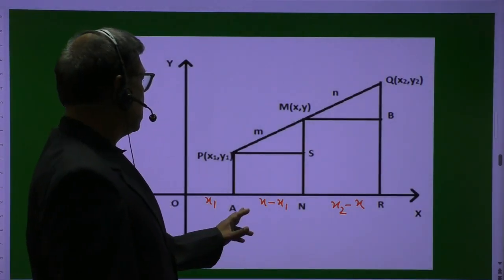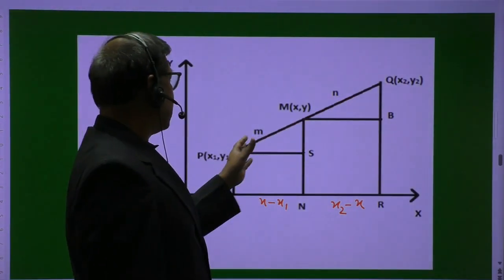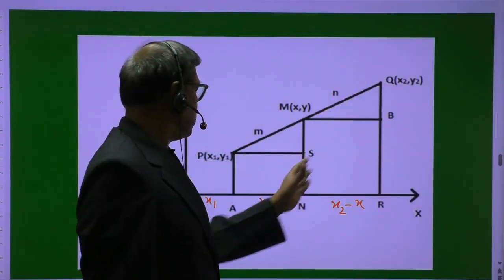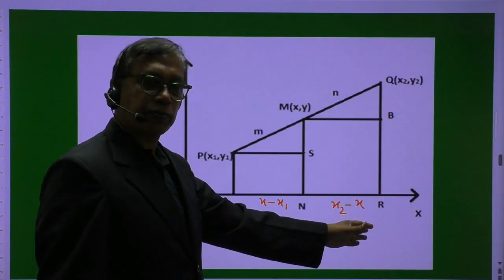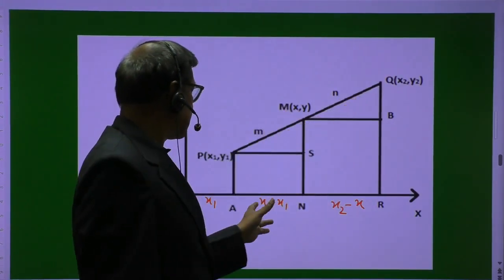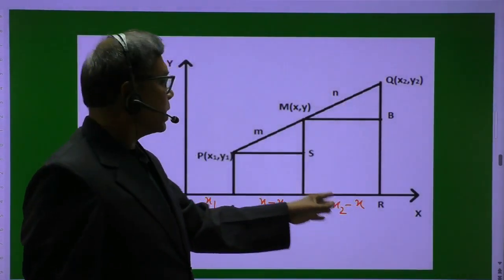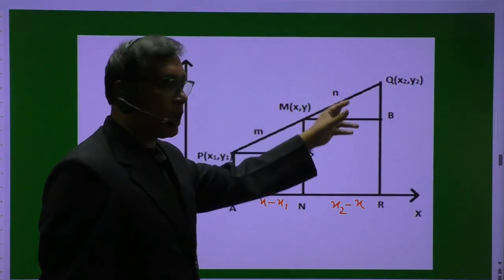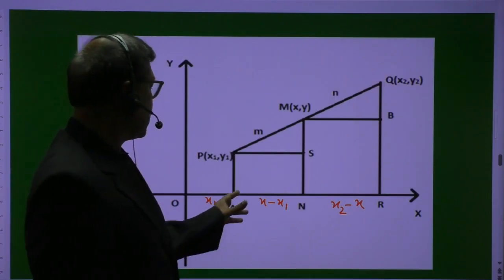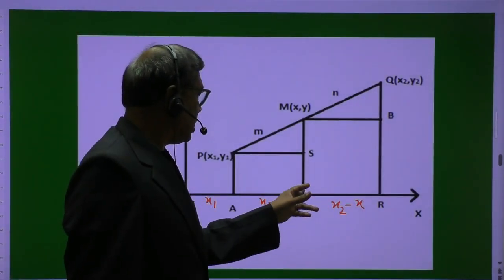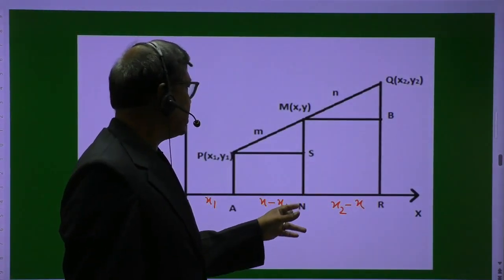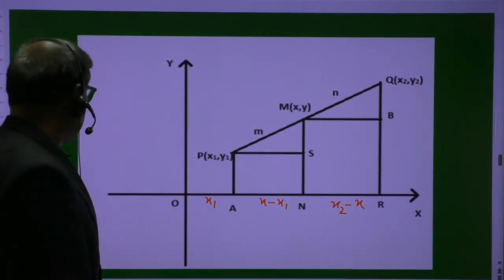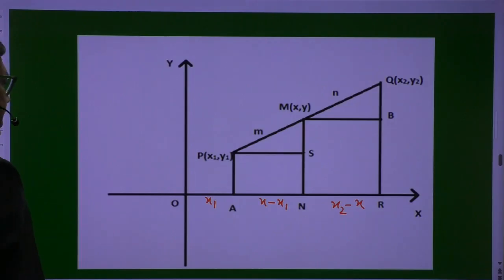Now we'll take the projection of PQ on x-axis. What is the projection of PQ on x-axis? That is AR. Now PQ is divided at M in the ratio m is to n, so projection AR also will be divided at the foot of M in the ratio m is to n. Is it clear? So that means we are getting